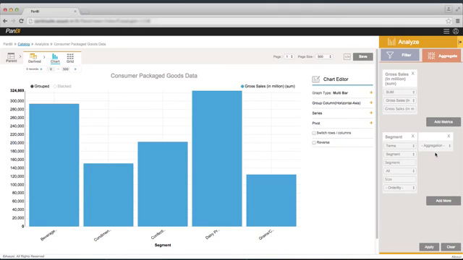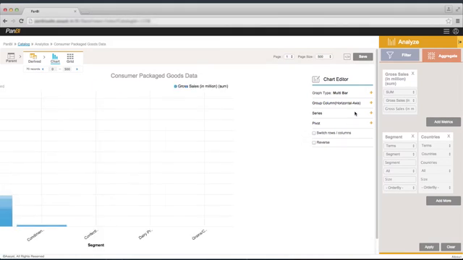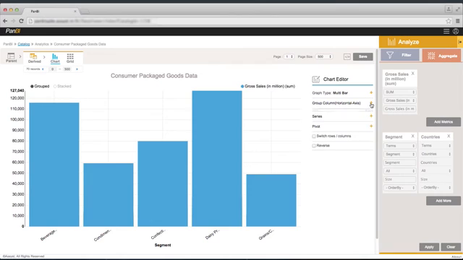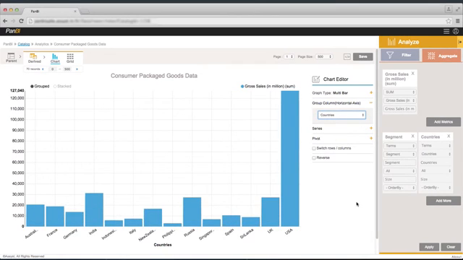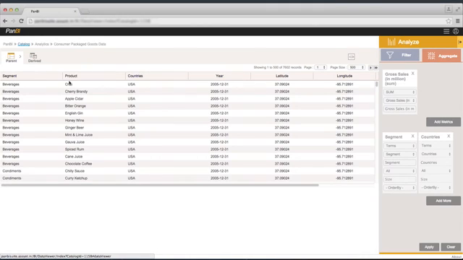Now if I need to know the gross sales for each country, I'll select the field Countries. To have this information displayed on a chart, select the column Countries, and then what you see here is the gross sales by country. If you notice, the uploaded Excel file contains geographical data in the form of latitude and